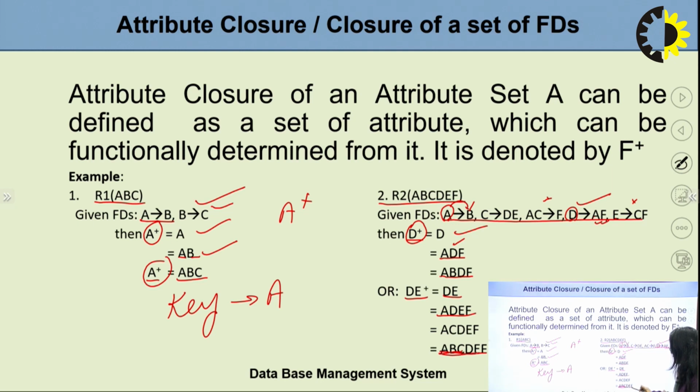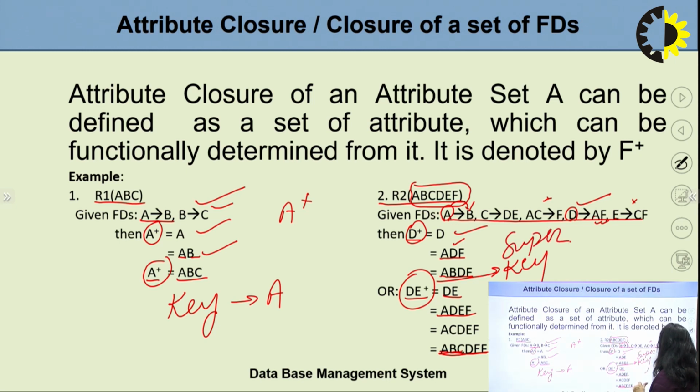So at last we have A, B, C, D, E, F. So the whole relation can be determined from the closure of the D and E set, right? So what can we say about this? It can be the super key of this relation, because we are able to determine each and every attribute of this relation,